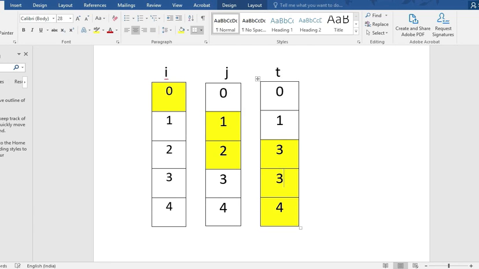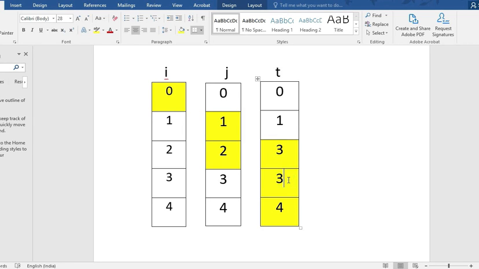This is not the index actually. I am indicating that I am assigning the third position to the second position. So don't mistake it.